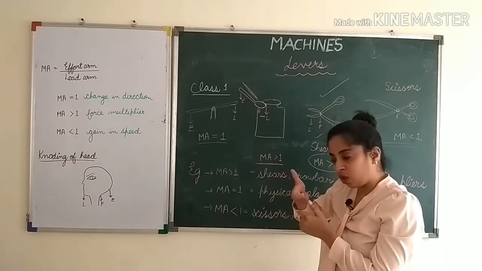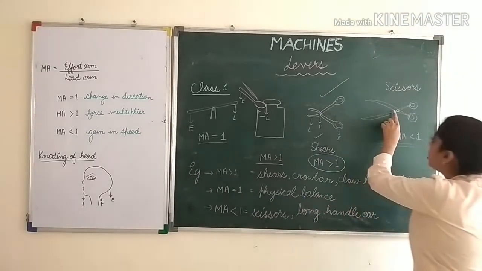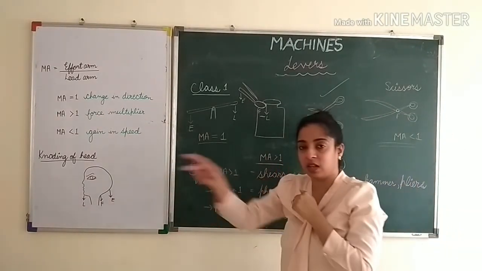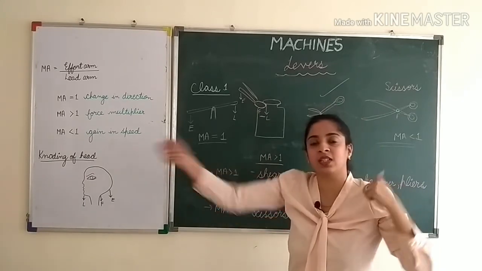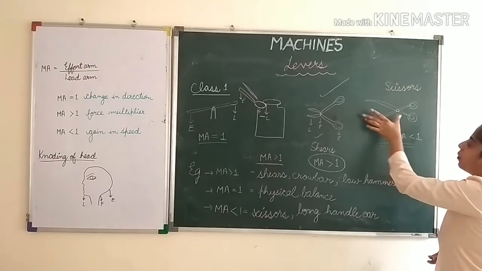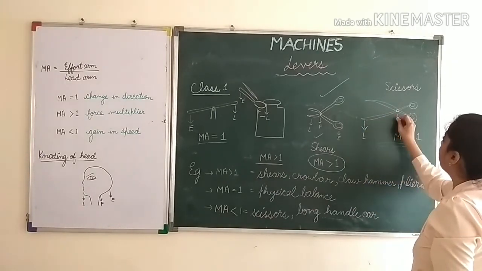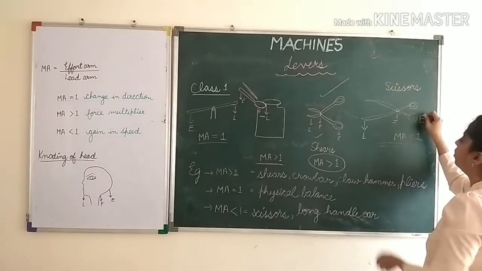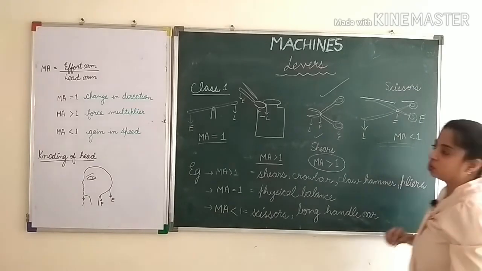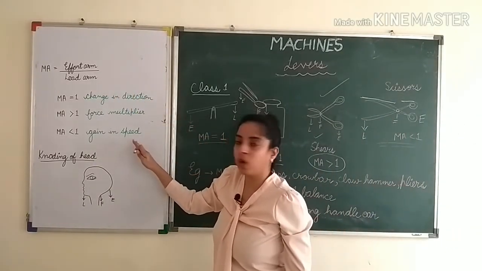Okay, तो छोटा हाथ घुमाने पे ज़्यादा कपड़ा कटना चाहिए, तो this has to move more. So in this we want gain in speed. फटाफट हम थोड़ा थोड़ा हिलाएंगे, अब फटाफट बड़ा सा कपड़ा कट जाएगा. So here we want gain in speed. So here if there is load, if load is here, fulcrum is here and effort is here. So this load arm is bigger than the effort arm. So whenever the load arm is bigger than the effort arm, MA is less than 1, so it acts as